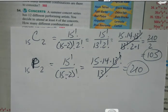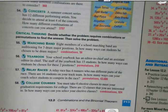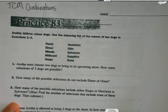Any others, like from the worksheet or anything we want to take a peek at? On the worksheet. Okay, what on the worksheet? 2 and 3. All right, let's move this out of the way. Thank you. All right, let's see what's happening here. 2 and 3 on which side? 83. 82. Oh, geez. All right, so 83. Let me grab a sheet here real quick. Yeah. It's in there. You want it out? All right, so on 83,